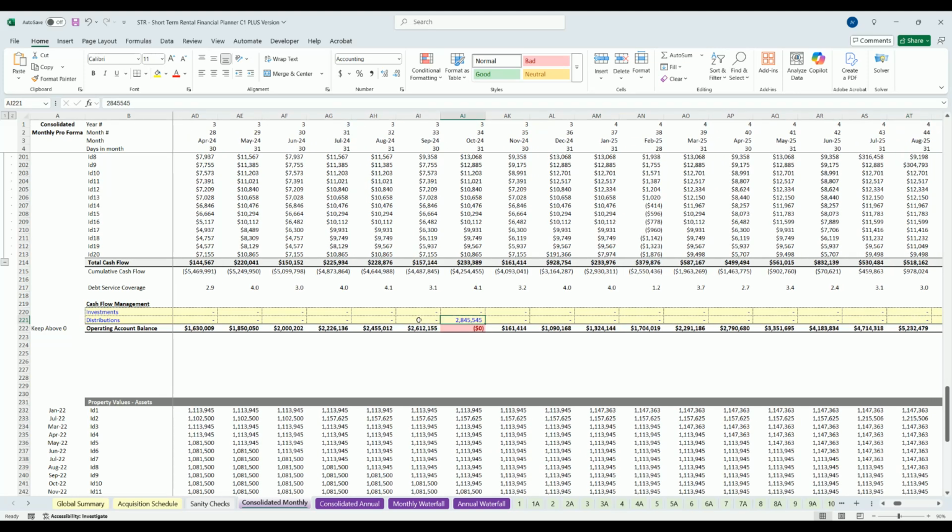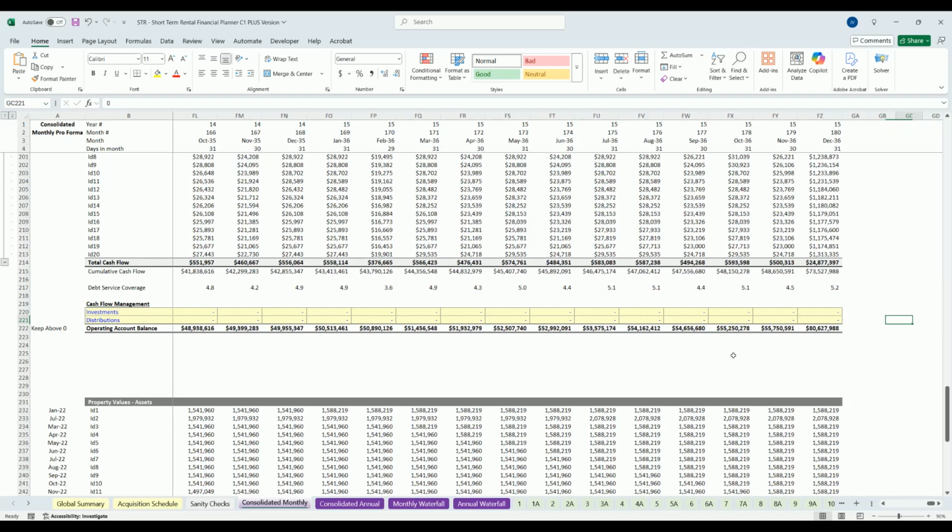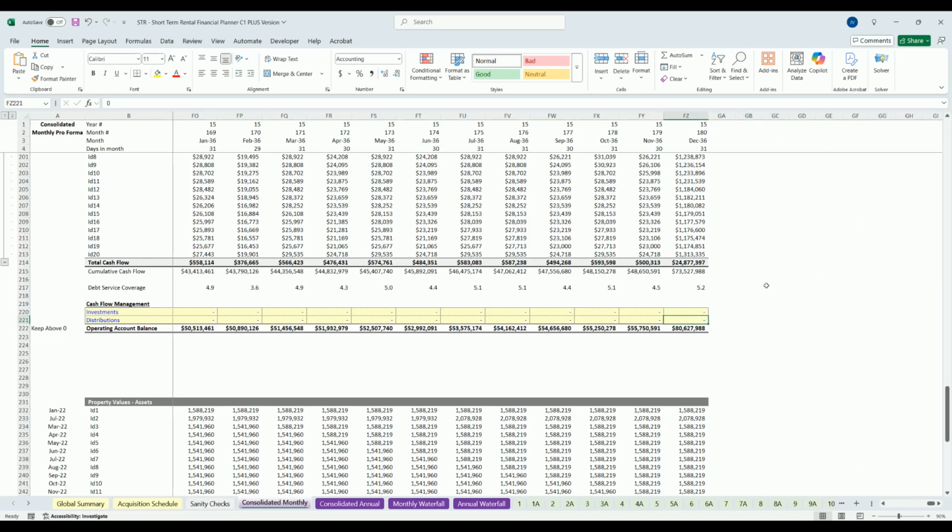Now there is automation around this as well, but some people like to do it manually. Like you could say keep a minimum of $1 million, and then as soon as the operating account gets above $1 million, it'll distribute everything outside of that, and then at the exit it'll distribute the rest. That's logic I do a lot of the time. Also, you could do what month you actually start doing the distributions. So you can automate this, or you could just say no distributions till the year 15, which is kind of wild, but you could do that, and then put 80, 627, 988, and that'll